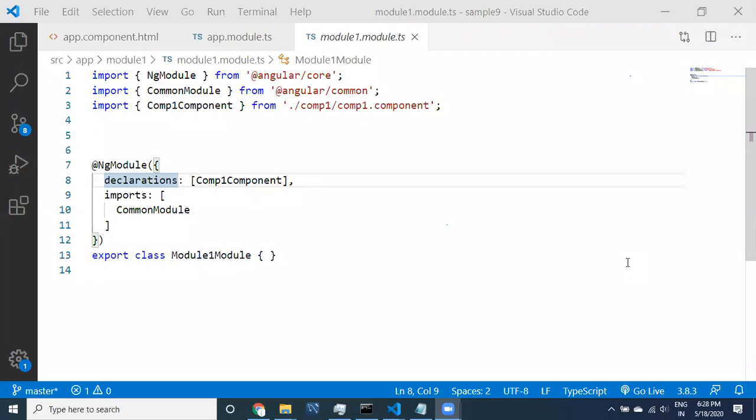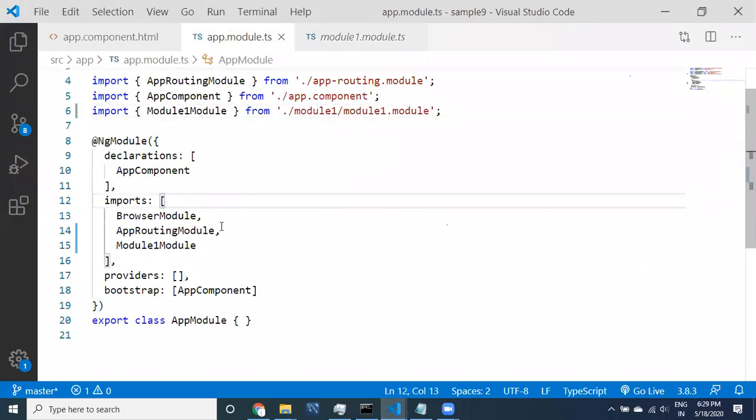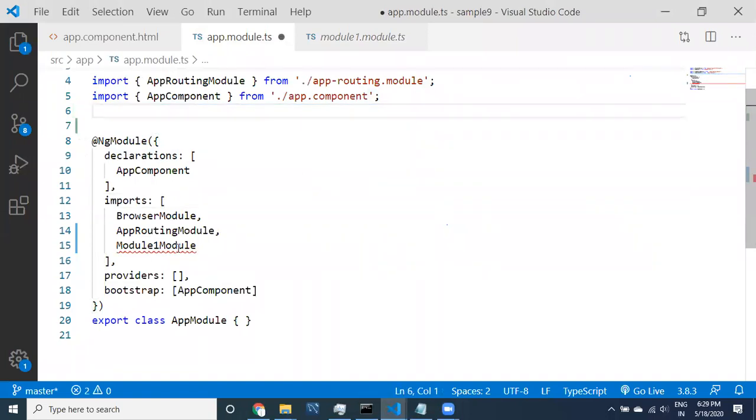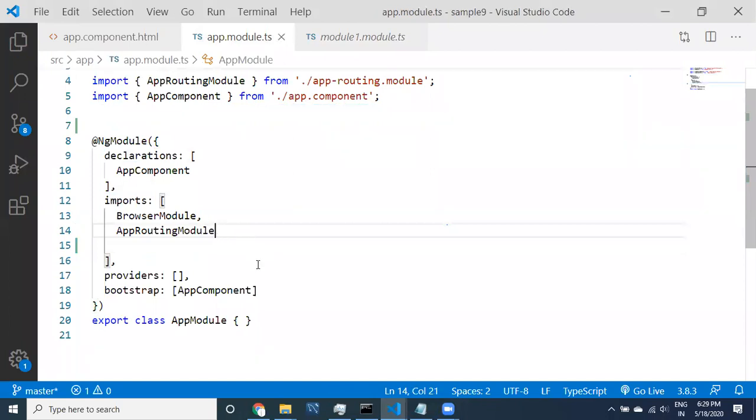So let me repeat what we have done, guys. If I go to the app module, how to import it? Initially it will be like this. There are two ways you can do it. One is to import the class.